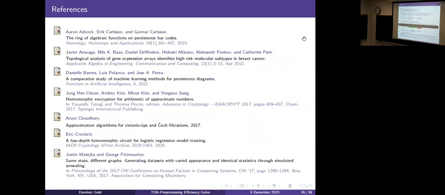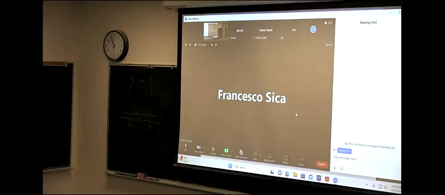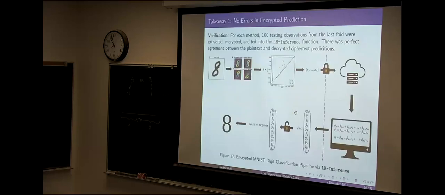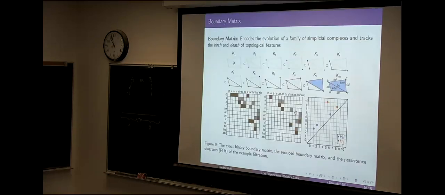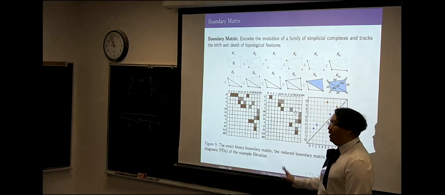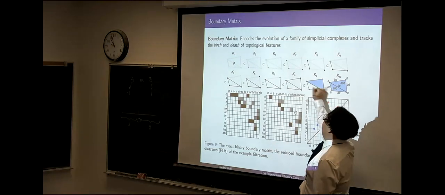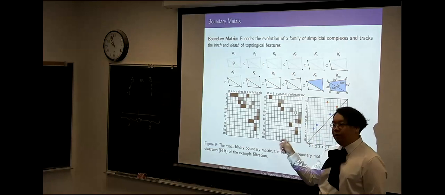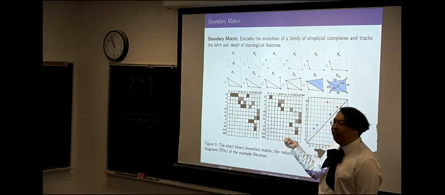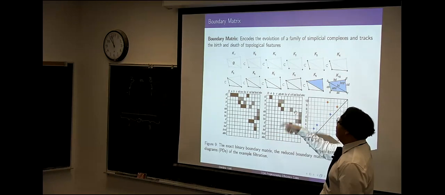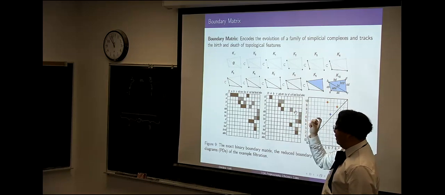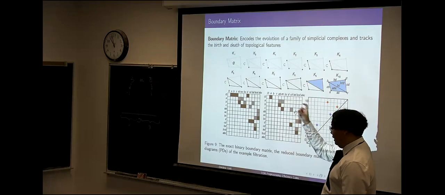Any questions? A quick question, since we have time. What is the typical dimension of the matrix that you're dealing with in this persistent homology? It's totally filtration dependent. If you have the number of points as n, it can range from n choose 2 all the way to 2 to the n, the power set. It's filtration dependent, and also depends on how deep in the homology you want to go, like H0, H1, if you want to go very deep.